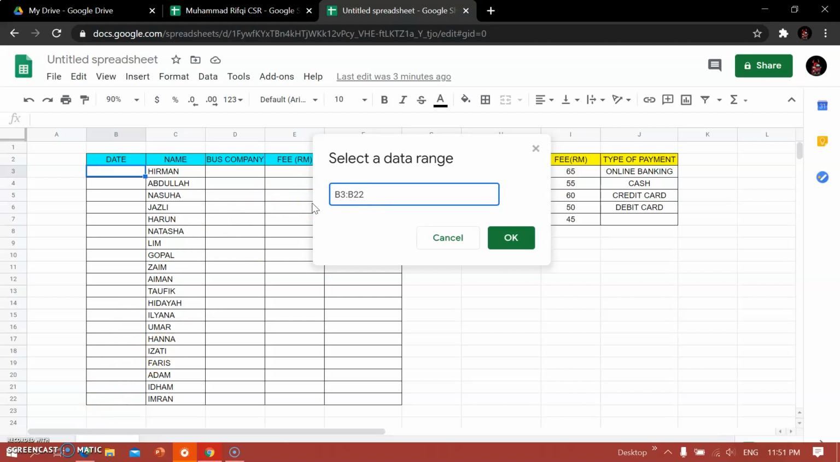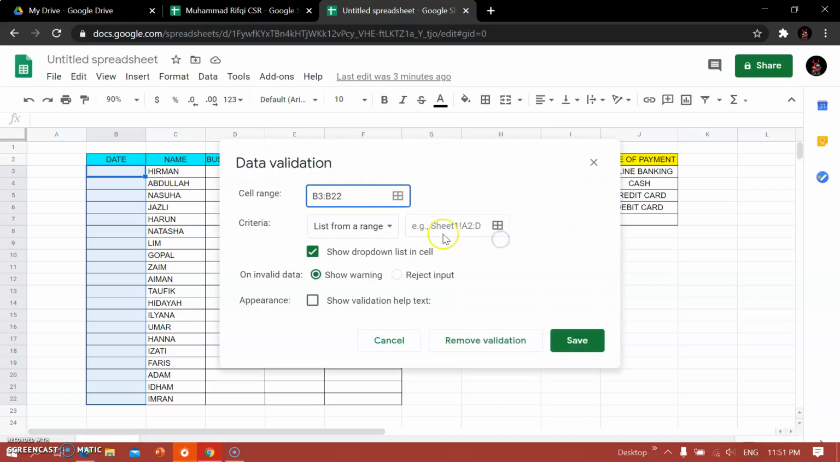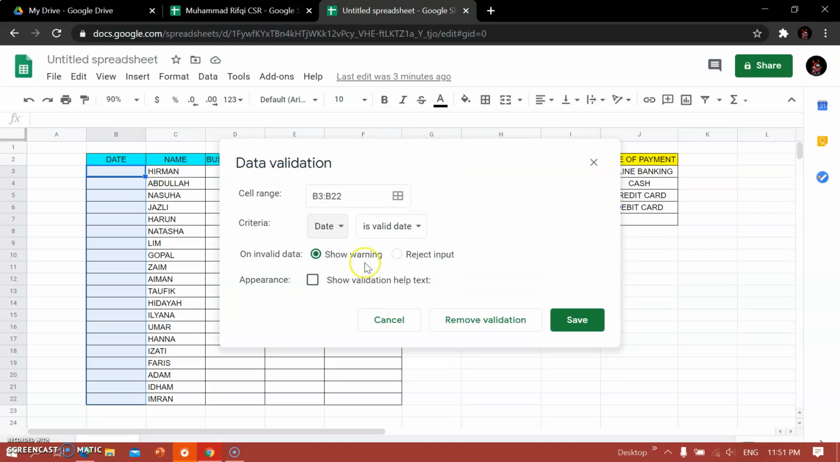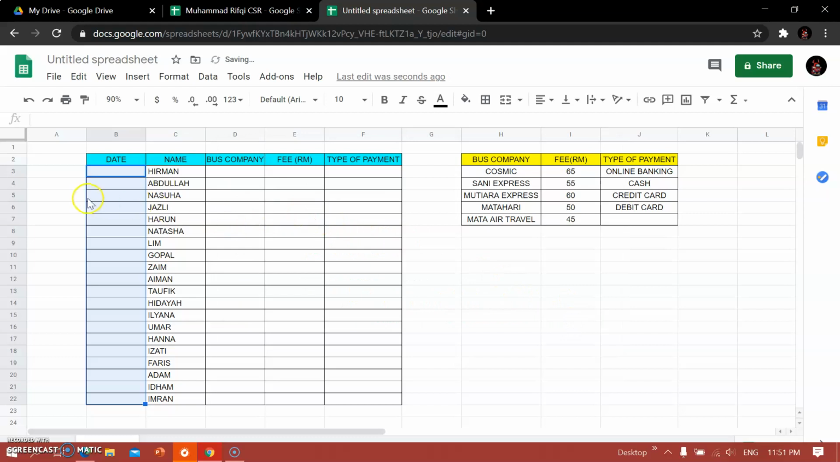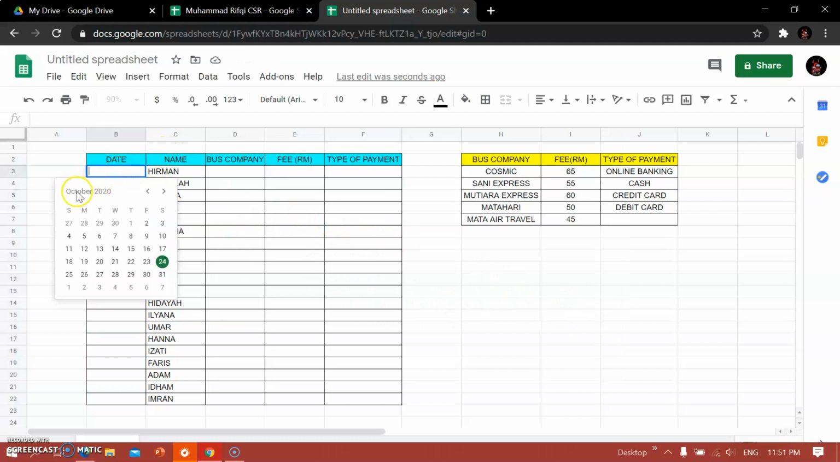Or we can just highlight from B3 cell to B22 cell. So the data range will be fulfilled automatically. So just select OK. So for a criteria, we choose a date and we save it. So by double click on the cell, we can see that the calendar will appear,